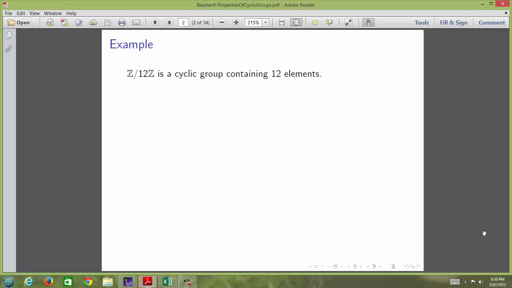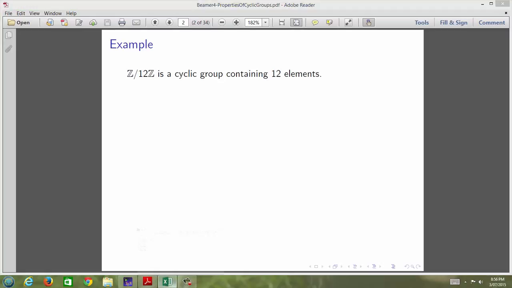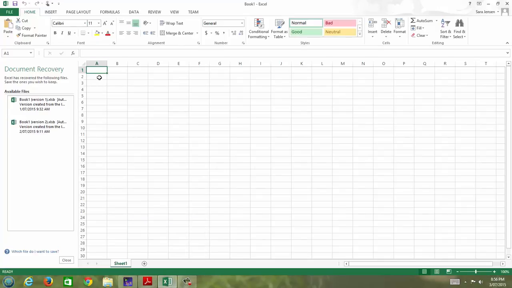So what I'd like to do is, using the group Z mod 12Z as an example, I'd like to go into Excel and walk through taking each individual element of Z mod 12 and looking at the different powers of that element, something that's somewhat difficult to pick up from a Cayley table. So let's go ahead and do that in Excel here. So pull up Excel. And now what I'm going to do is I'm going to come down here and put the elements of Z mod 12